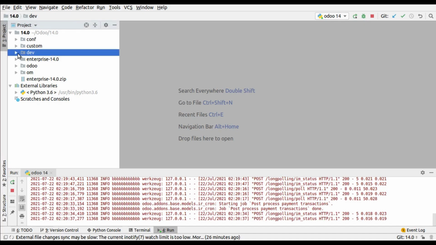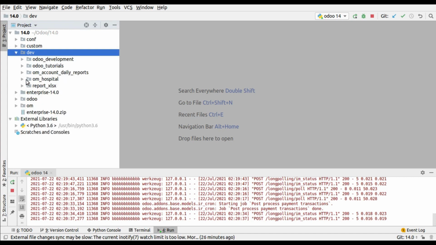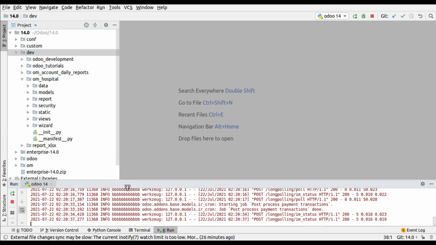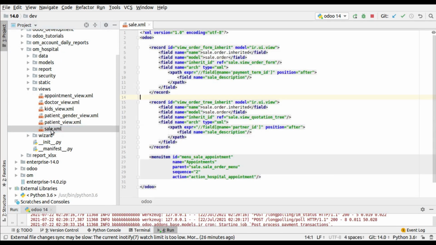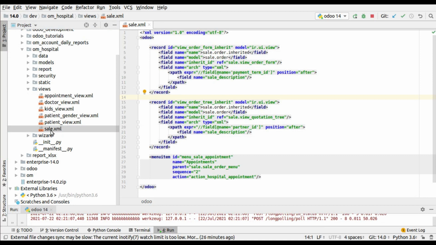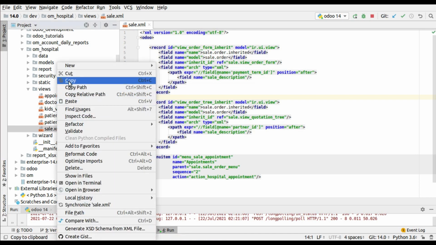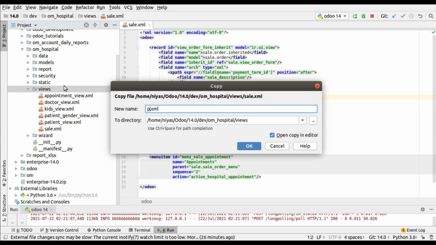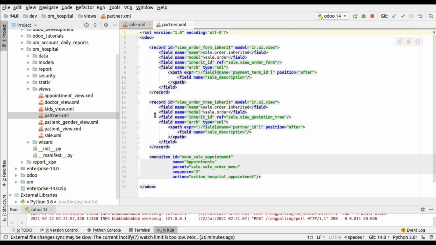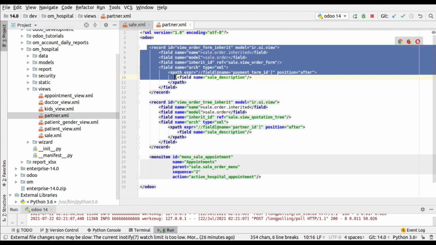This is my custom add-ons path, the dev folder, and here we have the om_hospital module. If I go to the views folder, we already have a sale.xml file which we created to inherit the sale order and add a new field. I'll copy this file and create a new file called partner.xml, and remove some code from here.